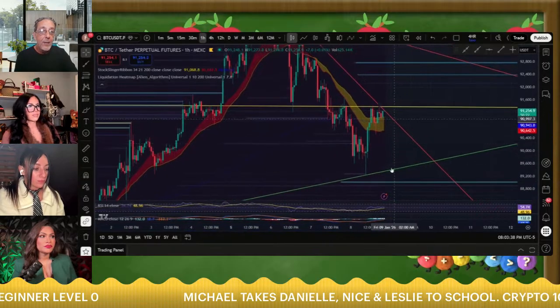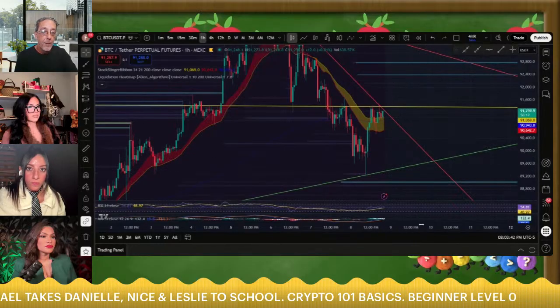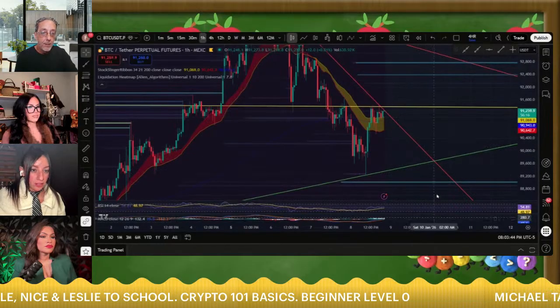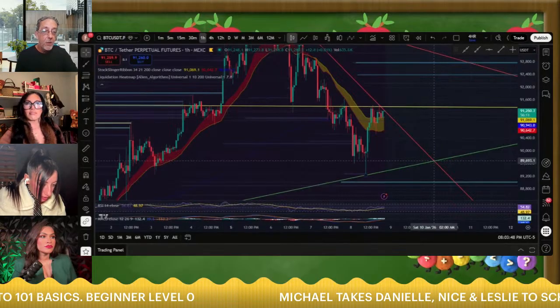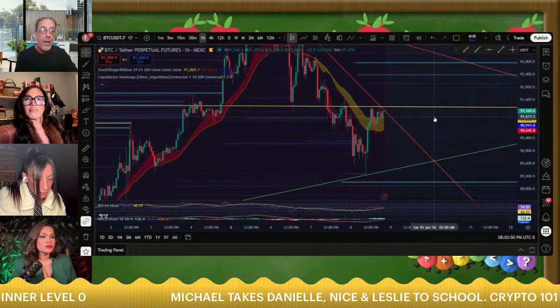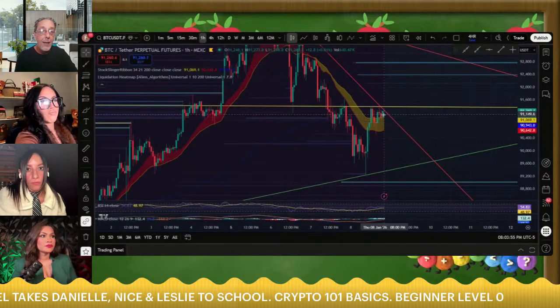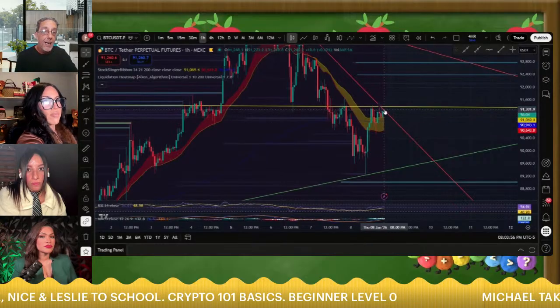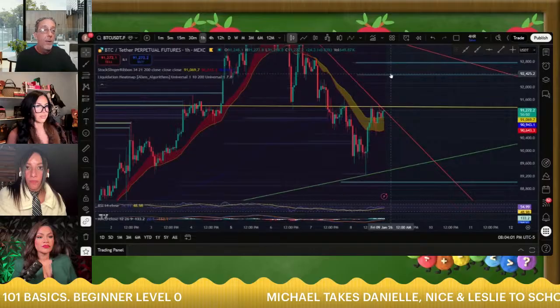So what's happening right here in this little area? Look, we're down here at the date. This is Saturday, in 2 days from now, in 48 hours. This is what's going to happen over the next 48 hours. In reality, if this breaks over this downtrend line and breaks through this resistance, this thing's going up, right?